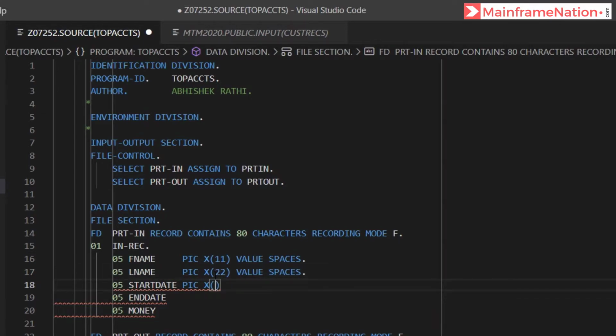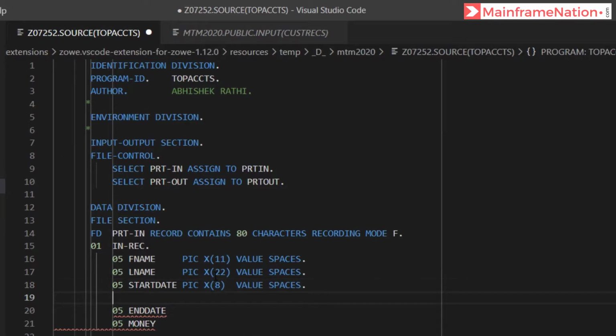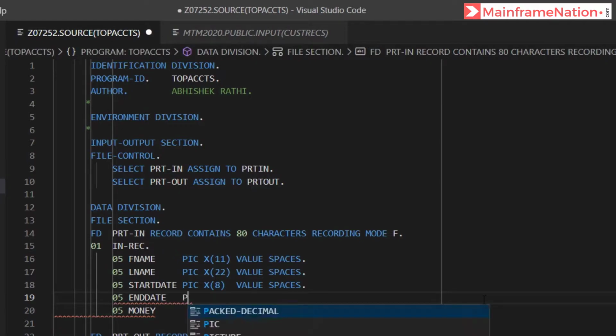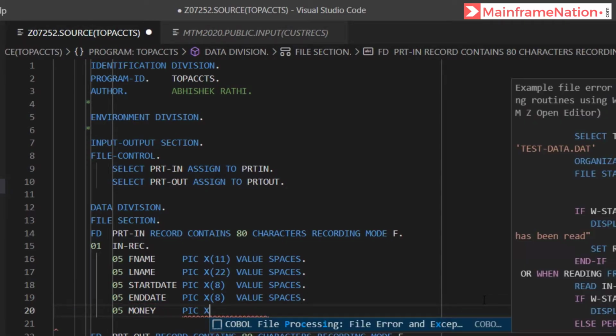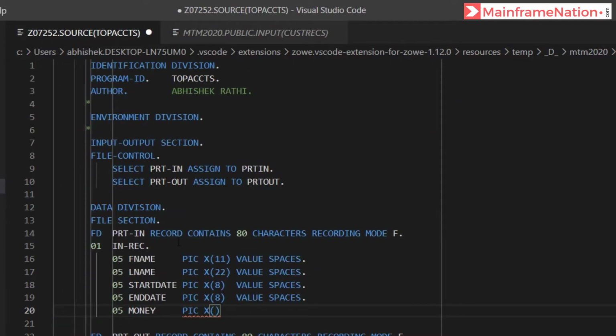Date is 8. Value spaces. And date will be also 8 digits long. Value spaces. Then money is, if you count this, it will be 12. So money is 12 characters long.